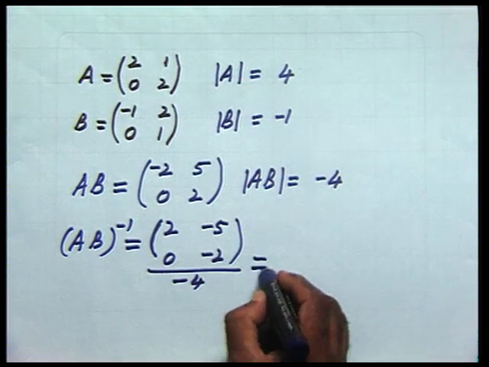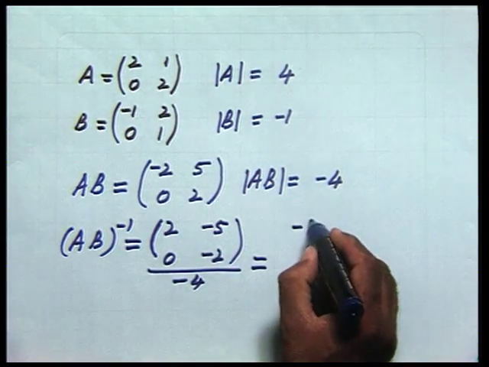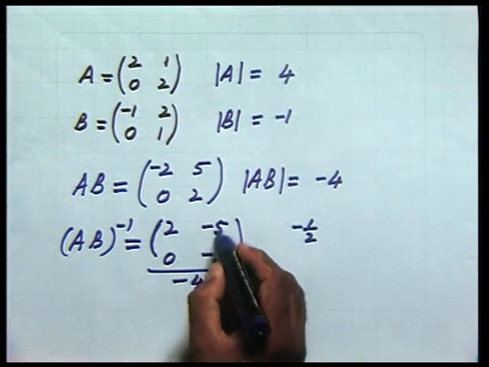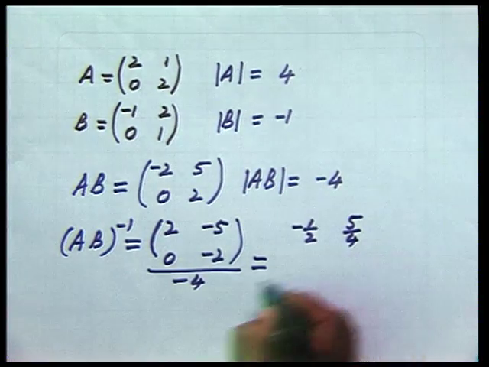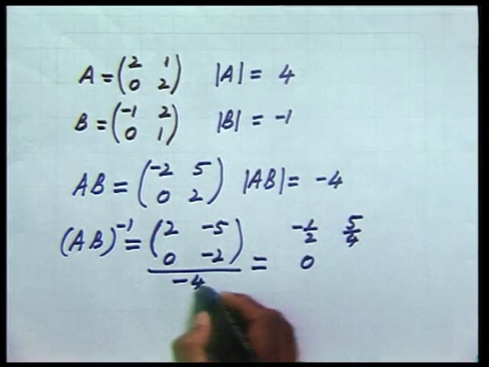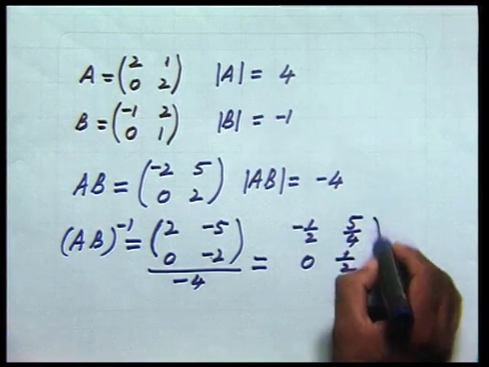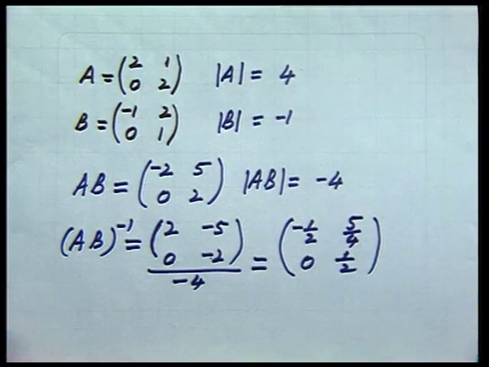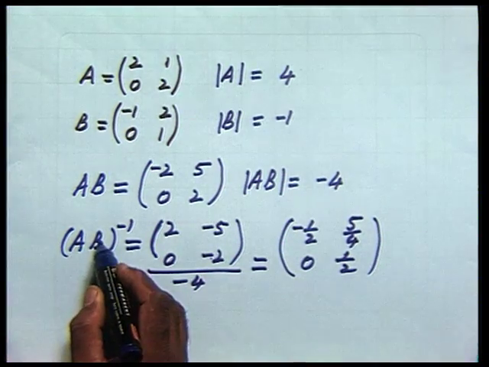So, the value comes out to be what? 2 times divided by -4, this is -1 by 2, -5 by 4. So, it is 5 by 4, 0, -2 by -4, which is 1 by 2. This is the inverse. Now, in case we have found out the inverse of A B, let us see